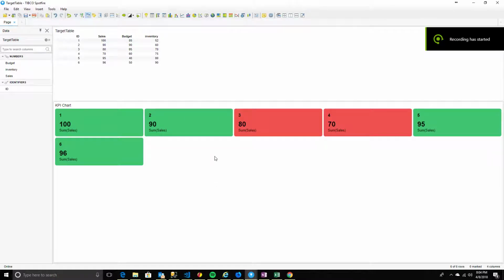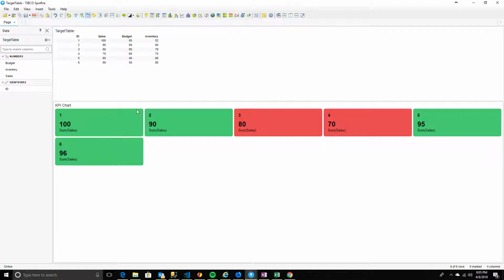Today one of my friends has requested to create a KPI chart based on color conditions, which means that basically you would like to have a list box, multi-list box, or just a listing list box where once he selects a specific column, based on the column values, let's say values greater than 90, they should turn green, and whatever is less than 90,